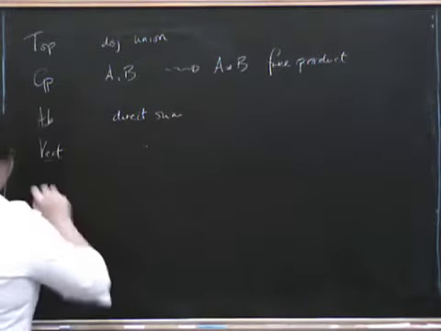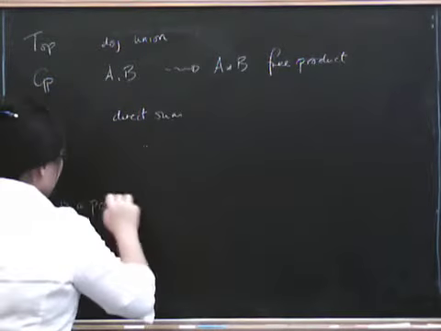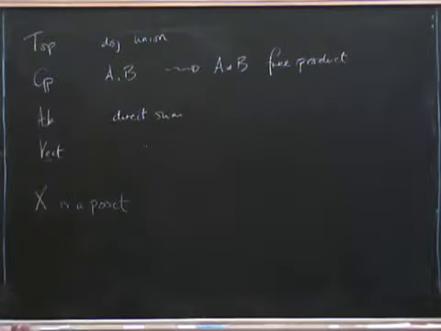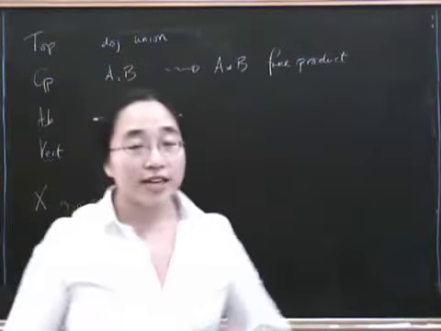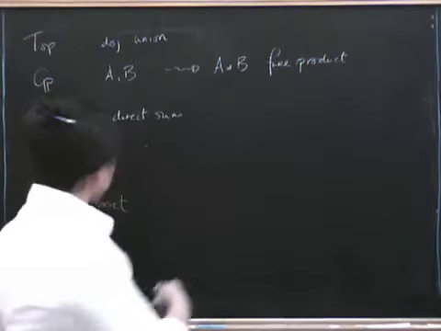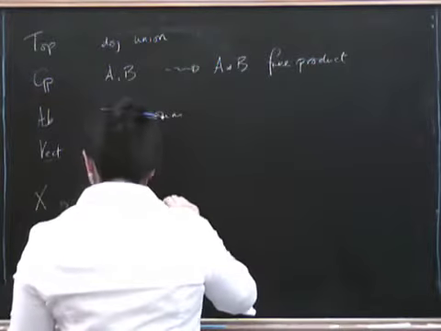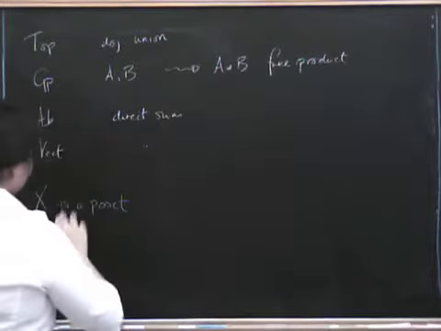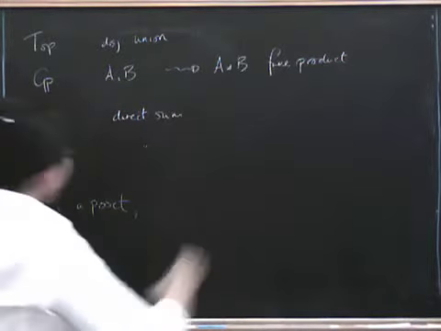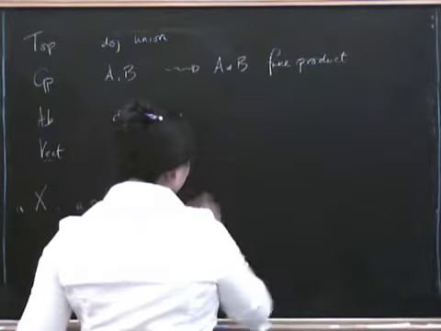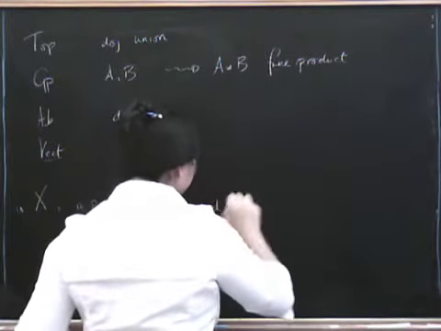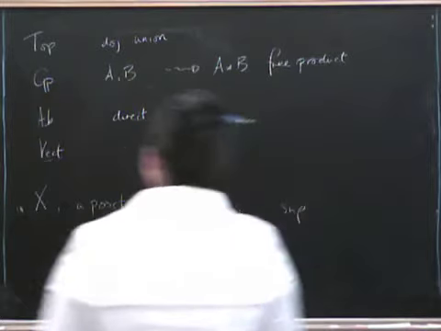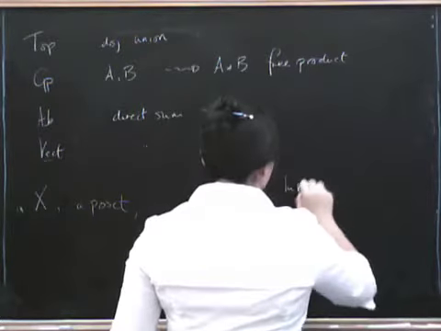What else did we have? Oh yes, we had if X is a poset. Last time we had that products were greatest lower bounds, infs, and it shouldn't come as any surprise to you that now we've taken the dual concept, we've got everything the other way around. So in a poset X, the coproduct is, well this time it's going to be sup, that is least upper bound, otherwise known as